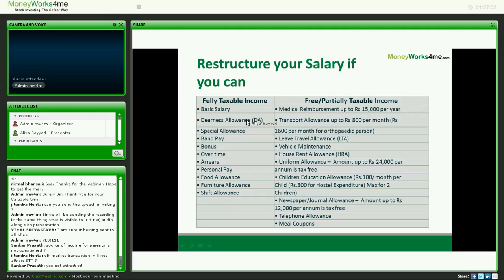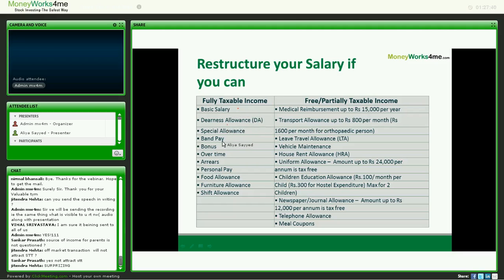Like I said, there are certain fully taxable incomes where you cannot do anything, which include your basic salary, your DA, your special allowance, your bonus, your overtime, your arrears, your personal pay, your food allowance, the furniture allowance, and the shift allowance. All these are included in fully taxable income, and you will not be able to claim any tax deduction on these. But what you can do is ask your